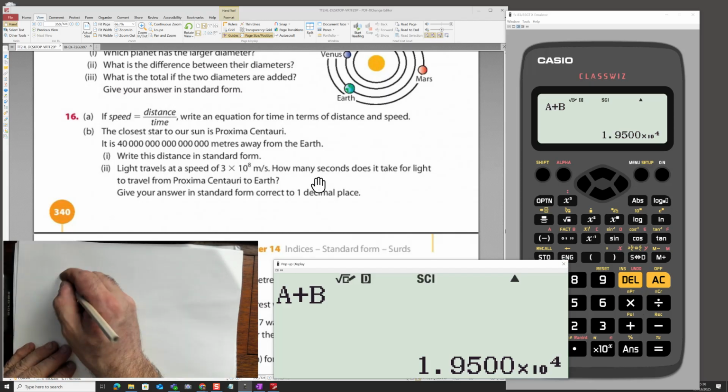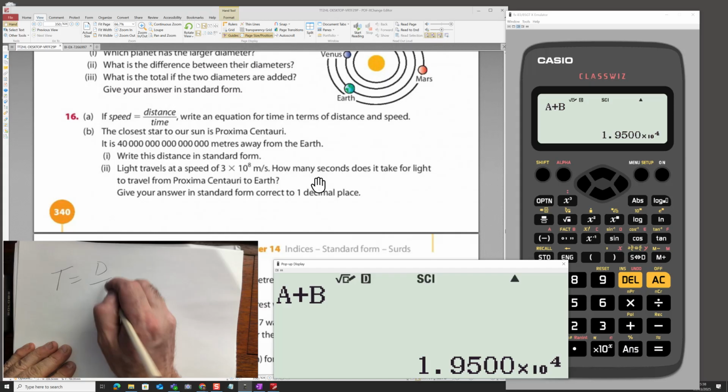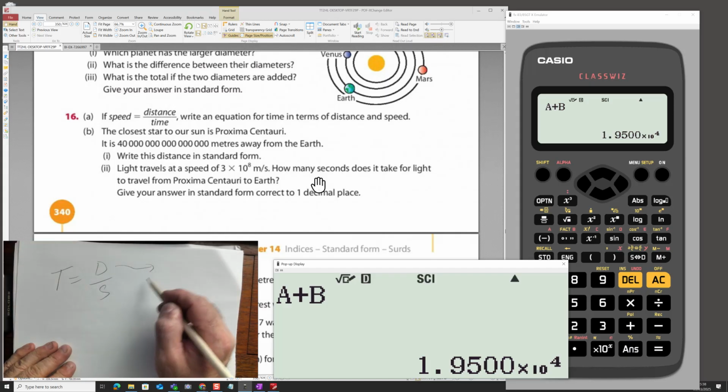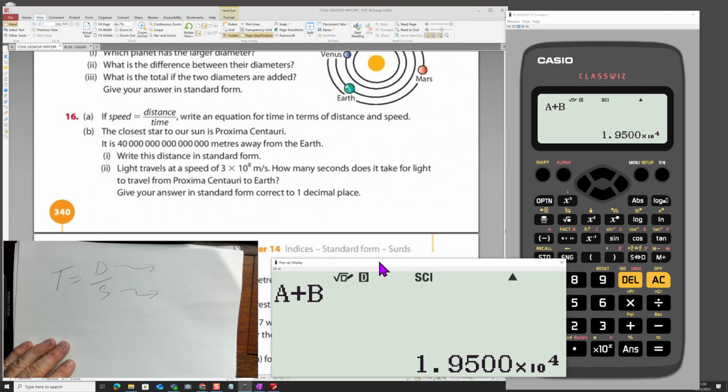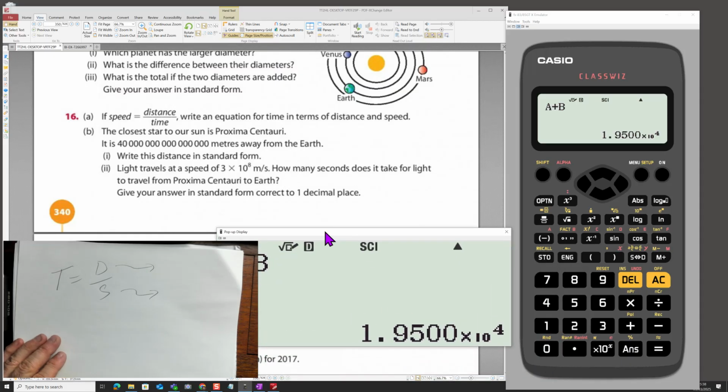So we have now T equals D over S, and we're about to get some D values and speed values. Okay, so we do need to pick two letters, and if this doesn't work for me, I will just say the distance will be A and the speed will be B. Okay, so let's look for the distance. There's loads of noughts here. I'm going to skip count 3, 6, 9, 12,